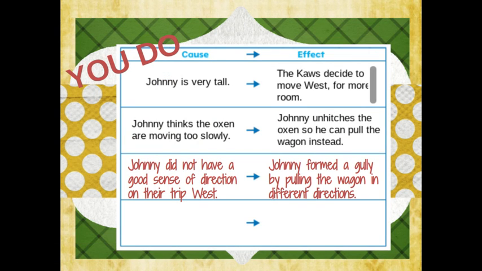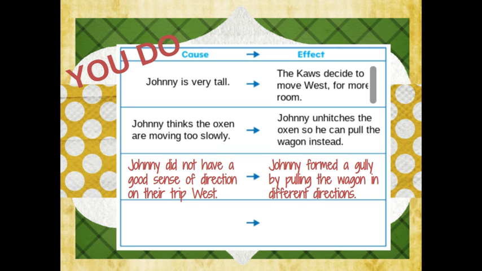I hope you said something like this for our third excerpt. The cause is Johnny did not have a good sense of direction on their trip west. The effect of him not having a good sense of direction? He formed a gully by pulling the wagon in different